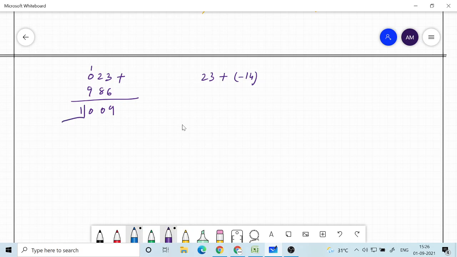In the tens complement method, if the carry comes, we just discard it and the remaining is the answer. So the answer is 009, or if I write it using the code, 0000 0000 1001.